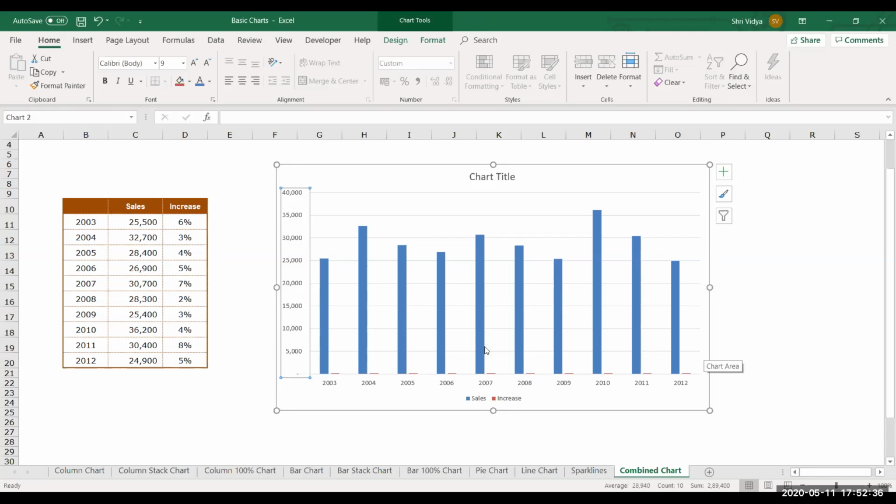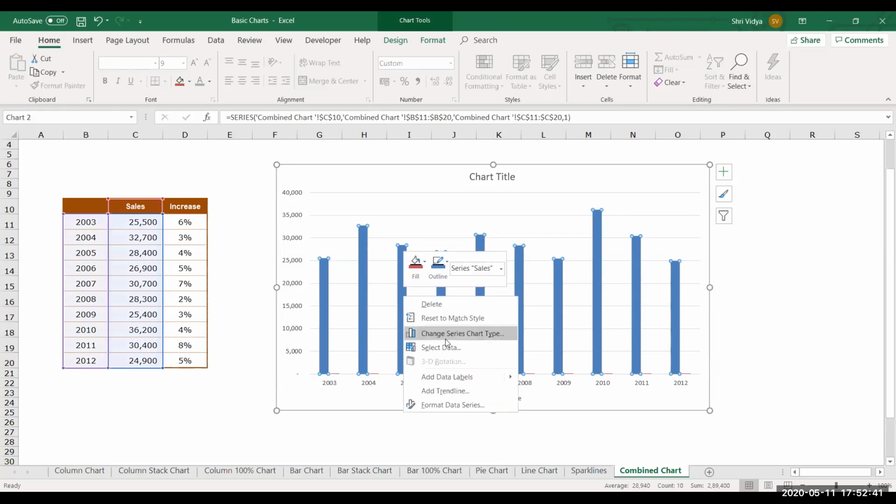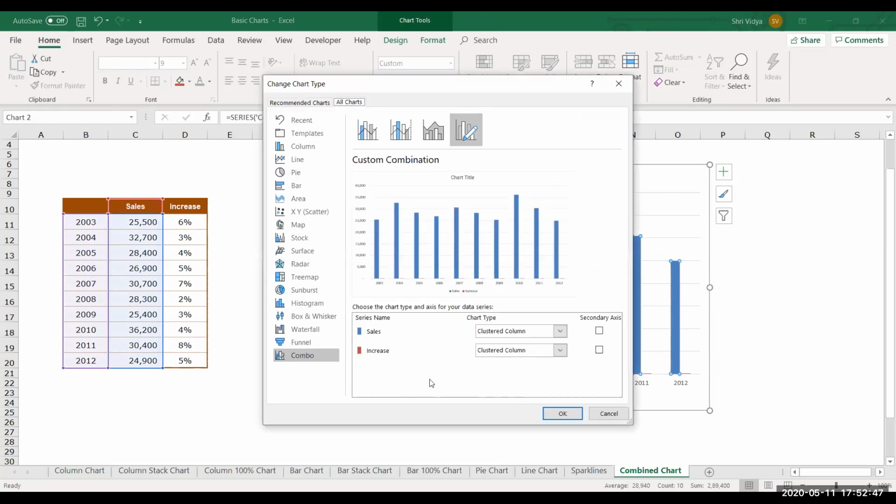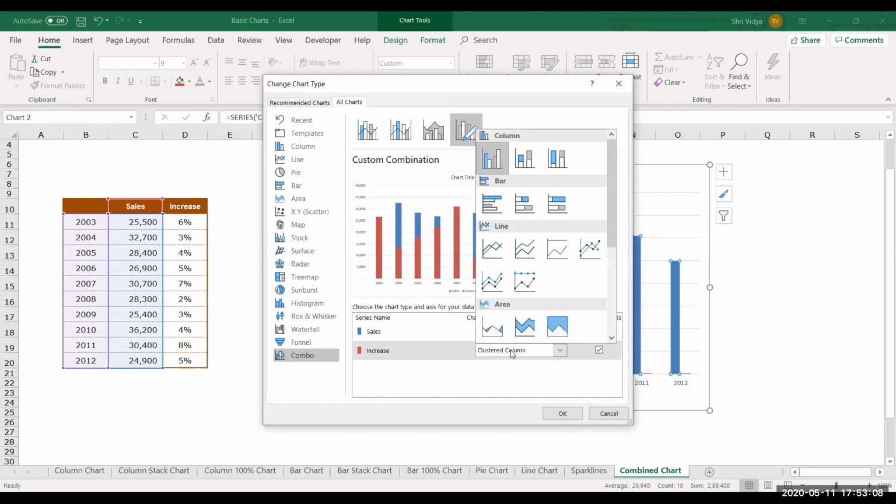But before we do that, select the series, right click, you have an option, change series chart type. Click on that. So you get this window. So you have here sales, increase. So I'll say increase must be plotted on secondary axis. I'll choose this. As soon as you give that, you can see these charts are overlapping. I don't want it to be overlapping like this. So what I'll do, I'll give this increase in a different type. Instead of column, I'll choose a different type of chart. So I can go for this one.